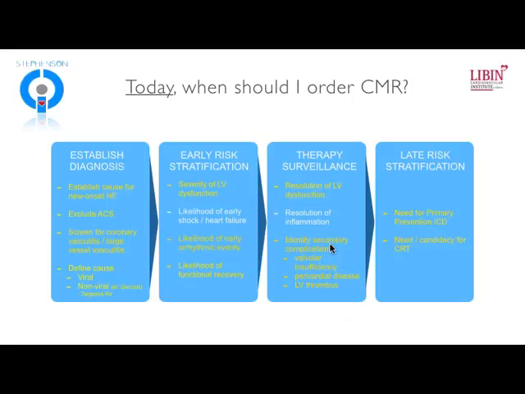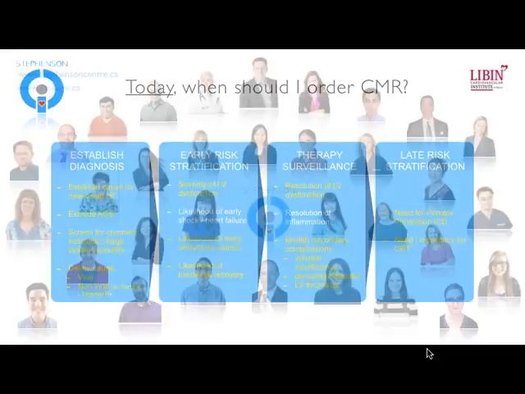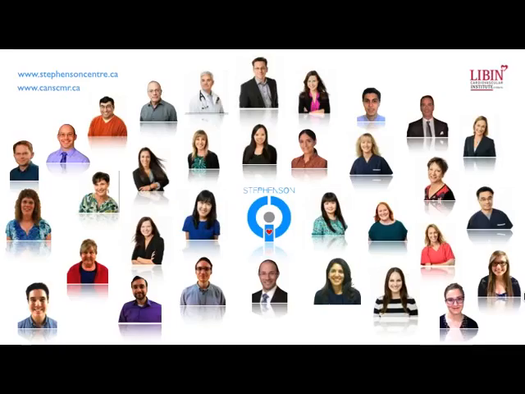Certainly, it's of value for potential surveillance, and I think that with the addition of T1 mapping, being able to identify resolution of inflammation, it may emerge and may be able to identify people that shift into a chronic inflammatory state where they don't have complete suppression, and that might bring across some new potential for intervention, such as treating those people with immune modulating therapy. And then finally, obviously, there's going to be an ongoing need to identify patients that are at risk of future arrhythmic events for ICD, and also appropriate management or planning of CRT.